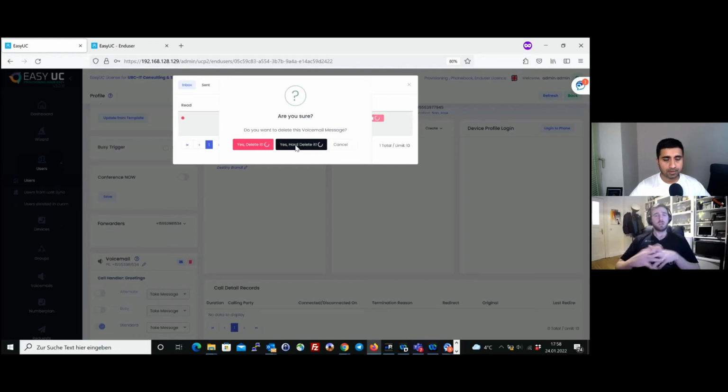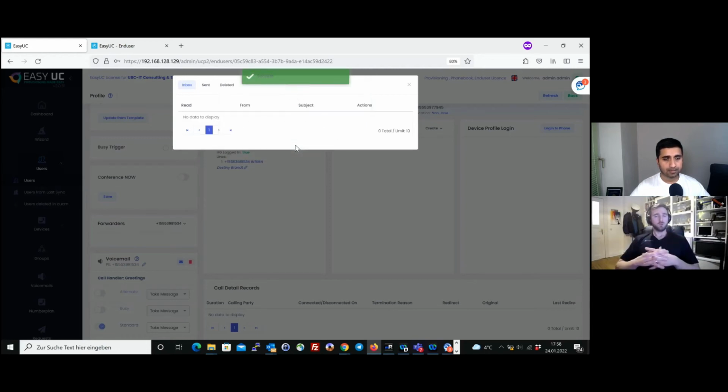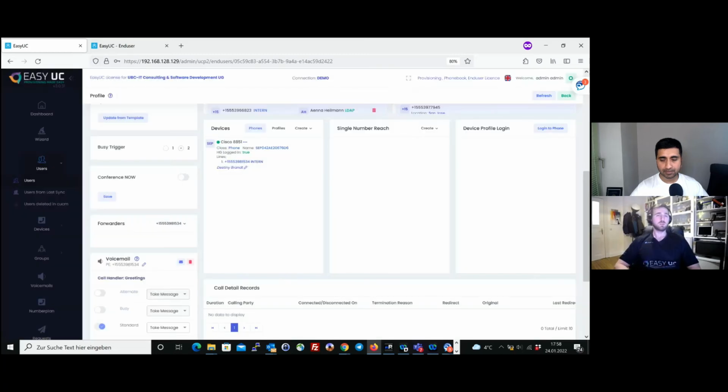So there are some things which we implemented. Also CDRs, we implemented CDRs. So we have the option to make reporting from hunt groups. This is out of the box. If you have a hunt group and you enable the CDR feature, you get a nice basic report about hunt groups and see maybe if you missed more calls than you thought. Yeah, something like this. So we have a lot of things,